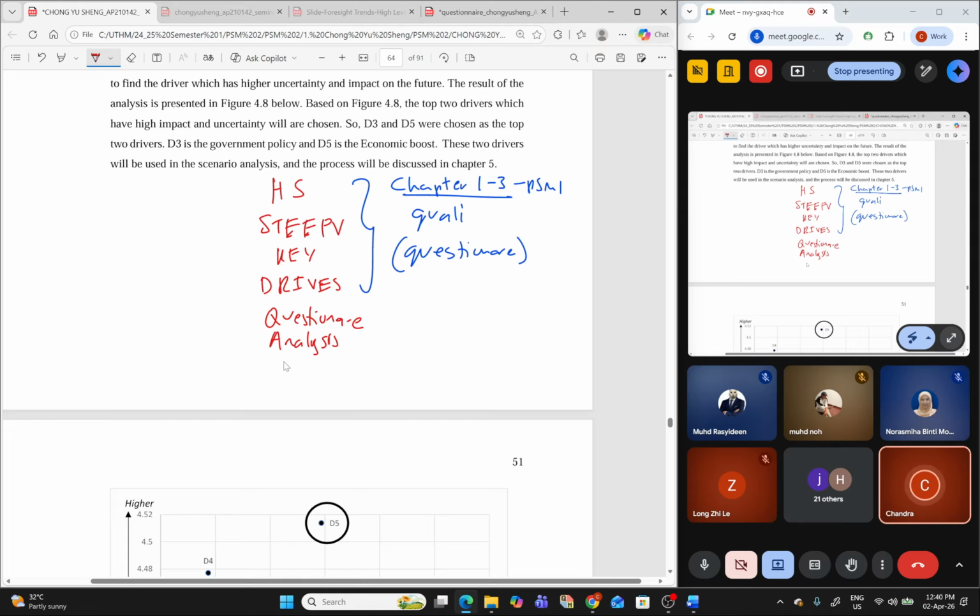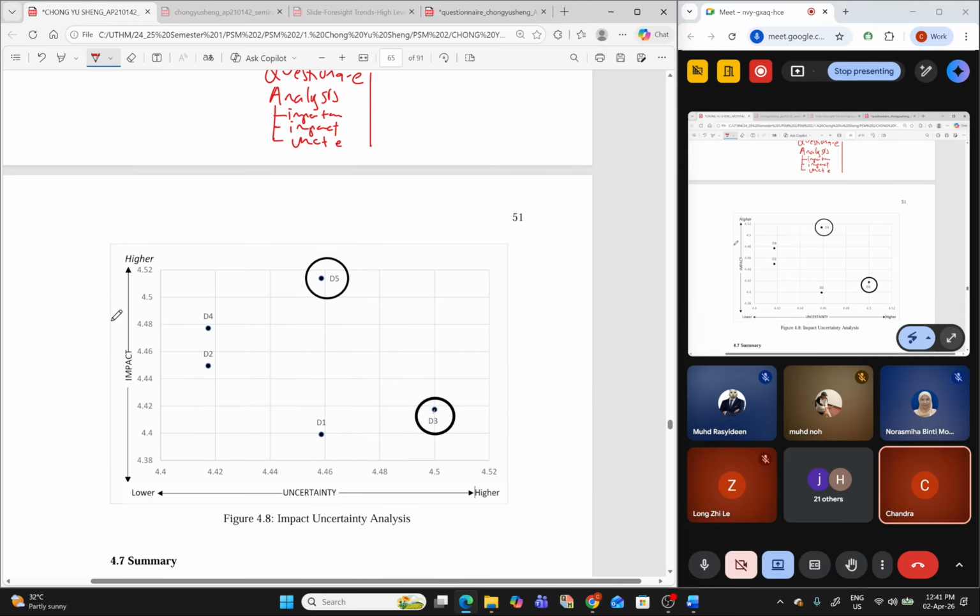And then analisis tu macam mana? Important, impact and uncertainty. Lepas buat important uncertainty, you akan buat impact uncertainty analysis.